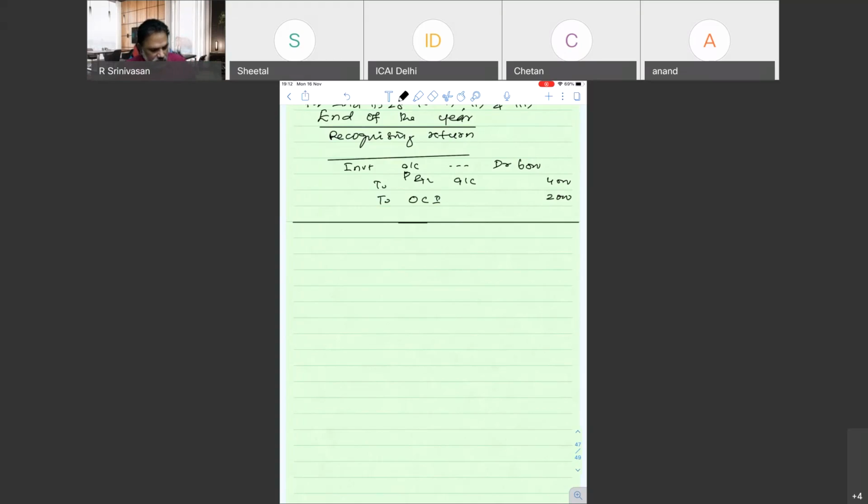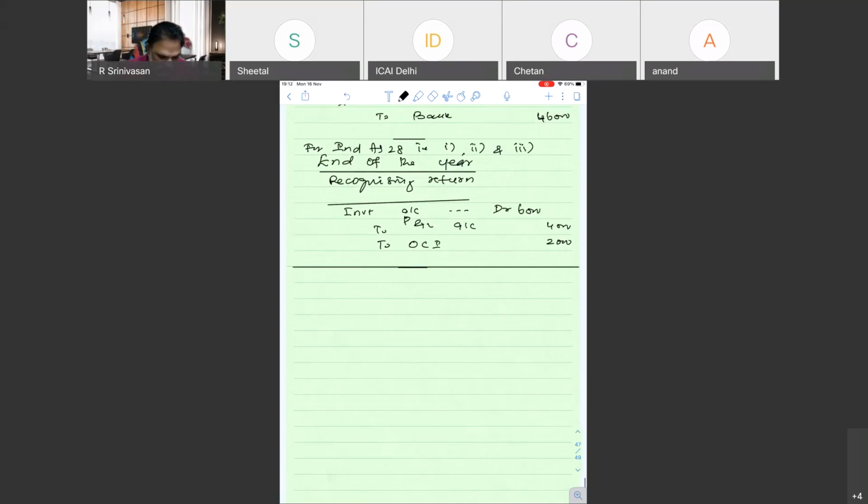Other than the first one is what? First one is investment entailing 20% voting right and significant joint venture. So in that case, the consolidation we do like this, and in other cases it will be going in the comprehensive income. You need not consider anything. Everything will go to comprehensive income at fair value through OCI. So whatever the difference is between the fair value and